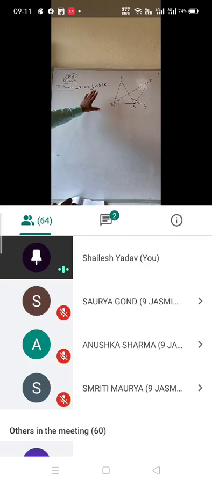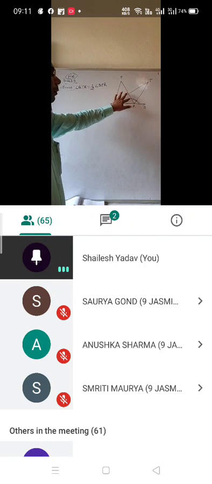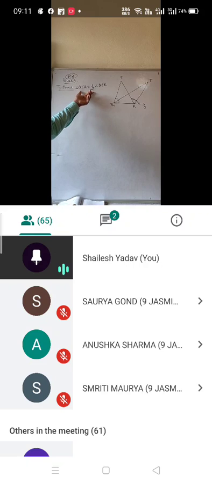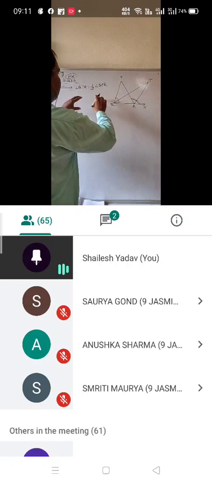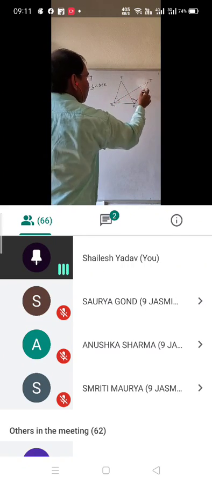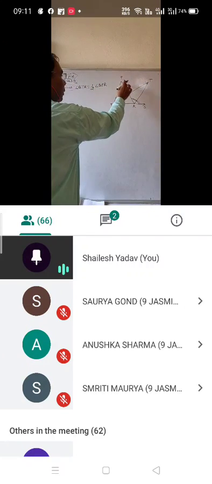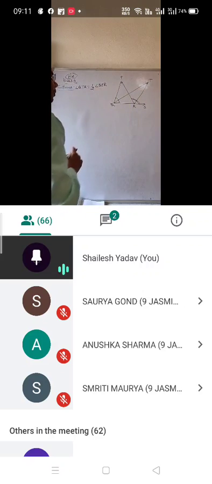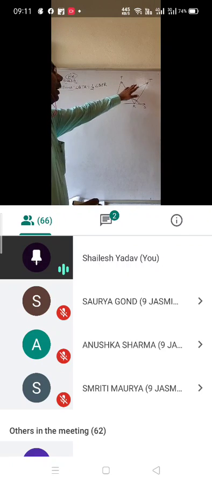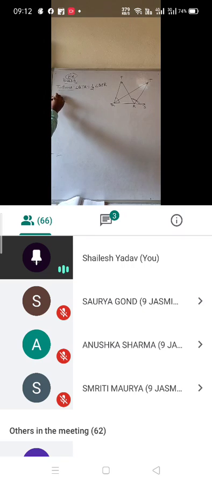So whatever the diagram is given, whatever the things are given in the question, all you are going to find in the question, and here you need to prove this one, angle QTR equal to half angle QPR. So first I will find these angles in the diagram. So here angle QTR, it is the angle QTR. QPR, angle QPR, here it is the angle QPR. So we need to relate both the angles. These two angles will be related and then it will be proved. So in the proof,